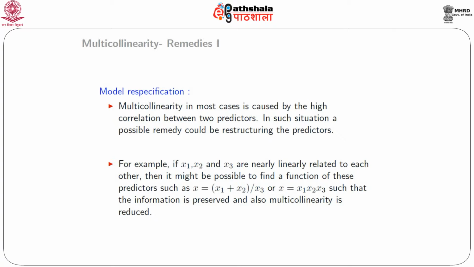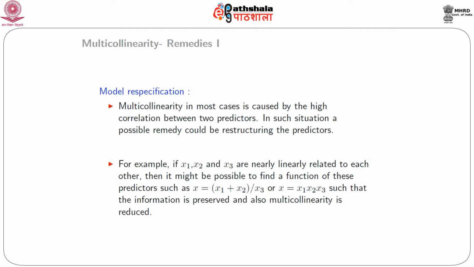Multicollinearity in most cases is caused by the high correlation between 2 predictors, and in such situations a possible remedy could be restructuring the predictors. For example, if we are trying to fit a multiple regression model with 3 independent variables x1, x2 and x3, and suppose these 3 variables are nearly linearly related to each other,